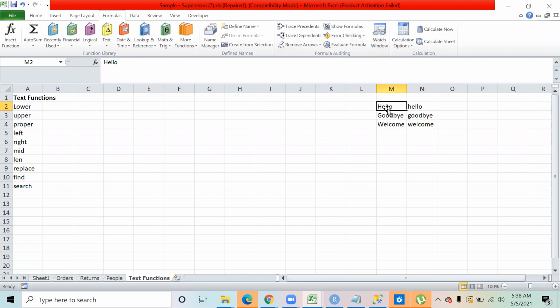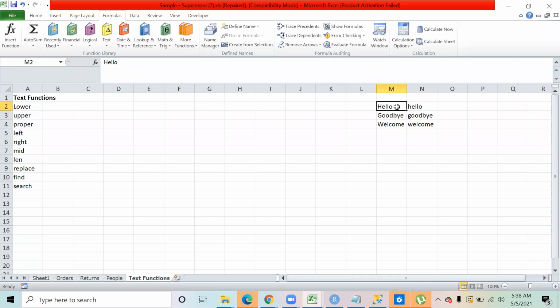That's the column name and the row number. That is how we are referring to it: this is M2, and this is M3, column M, row number 3. So we actually give the reference, the address of the cell. In the cell M2, whatever the value is, I want to convert that into lowercase.